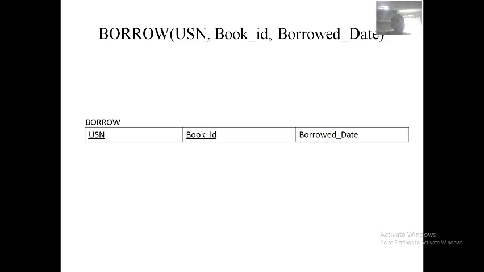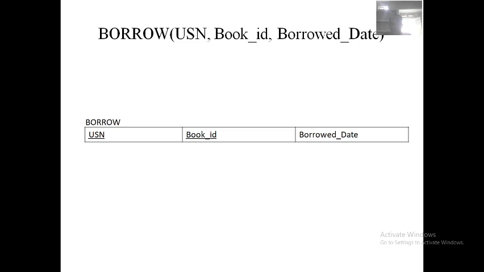Okay, now in this table, which is the primary key? Borrowed date is the primary key, sir. Borrowed date? No, see here now. If it is a primary key, then it should be unique.